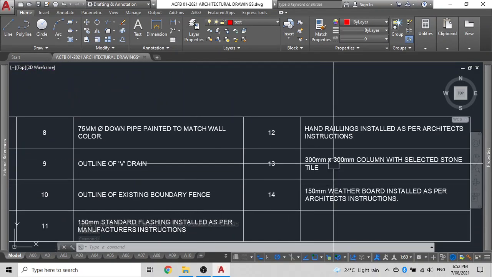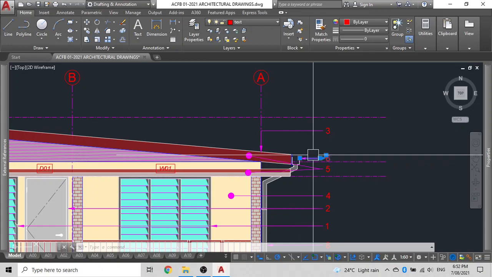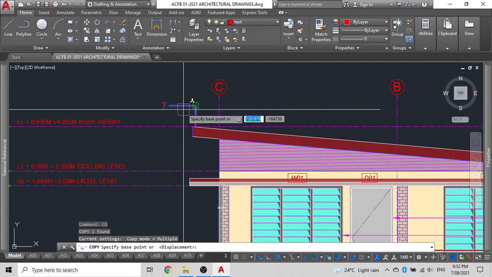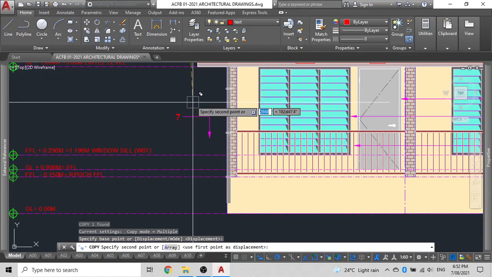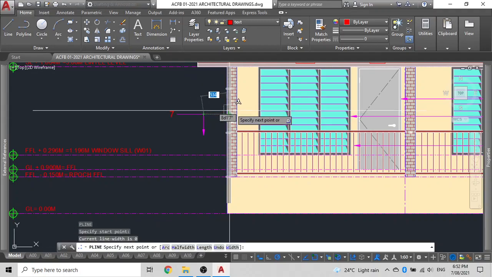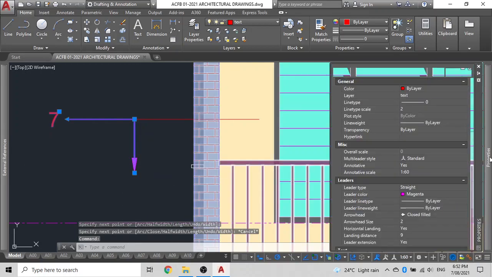Next is the 300 by 300 column tile. So that's number 13. So again, you can either use a straight one, or let me show you another one. You don't really have to do that much work here. Just copy this down, bring it over here like so, draw yourself a polyline, make sure it's straight, and then select this,